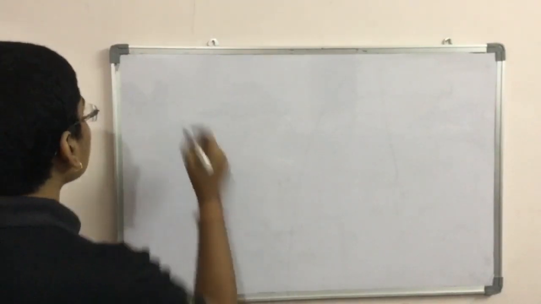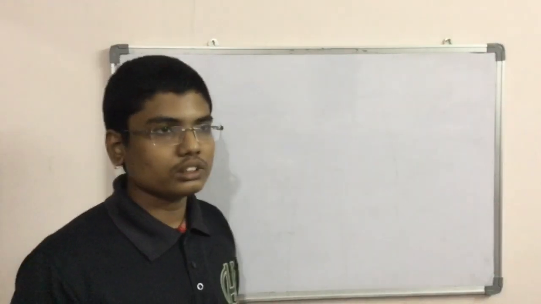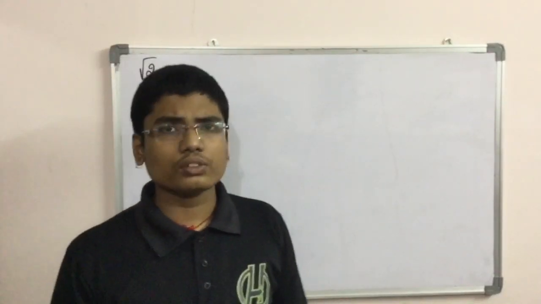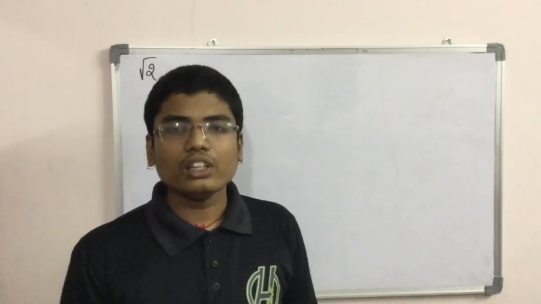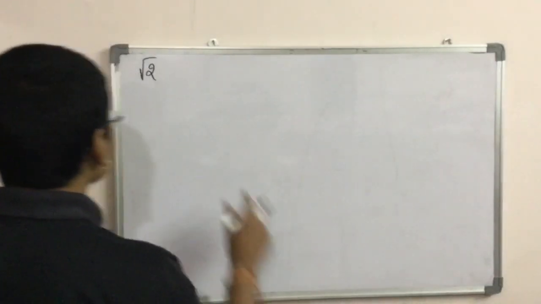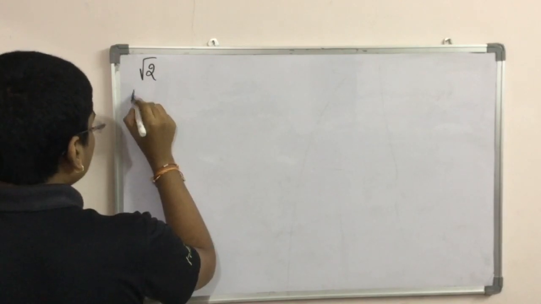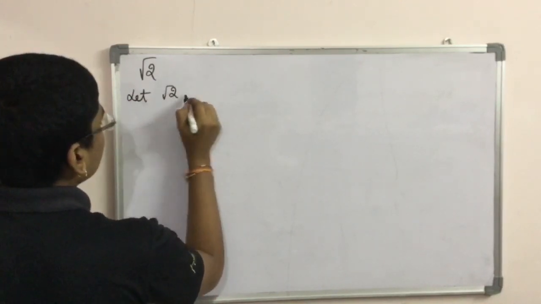We will first take an example of root 2, which is in the form of root a, and prove that it is irrational. In any kind of sum that we face, we first assume that the given number is rational, then follow the steps, and finally contradict our assumption that the number is rational, and write some steps. First we will consider that root 2 is rational. Let root 2 be rational.